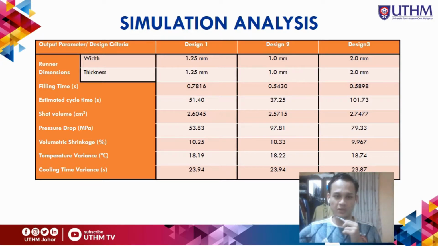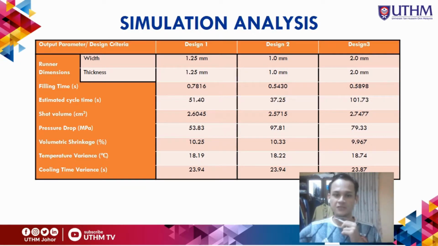In terms of time to fill the mold, design 2 is the shortest with 0.543 seconds, compared to design 3, 0.5898 seconds, and design 1, 0.7816 seconds. This output proves that the fill time of a mold does not really influence the runner